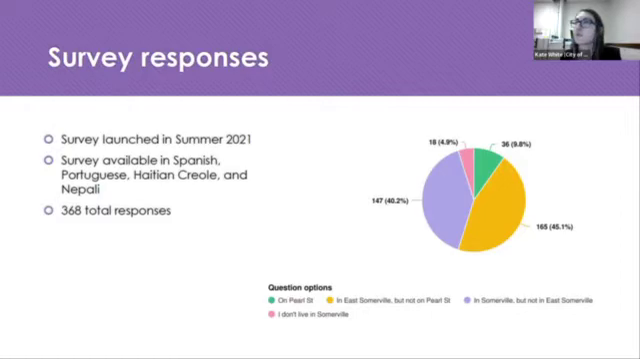Taking a look at some of the folks who we heard from, 9.8% of the respondents shared that they lived on Pearl Street, 45.1% shared that they lived in East Somerville, but not on Pearl Street, 40% shared that they lived in Somerville, but not in East Somerville, and close to 5% shared that they don't live in Somerville. And again, these are just some of the data points that we like to learn about some of the people that we hear from. Diving into some of the travel patterns,